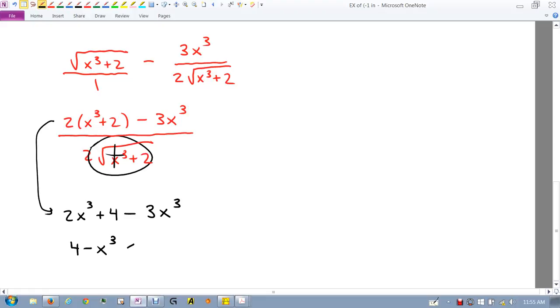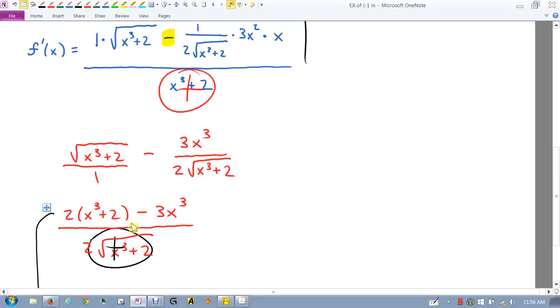Eventually. This is less than 0 when x is what? Greater than 1? Well, if x is a real number, we would have to actually figure out the cube root of 4 or something like that is when it would start happening. But for us, we don't care, right? 1 and on, at 1 it doesn't work. But at 2 it works? Yes? Okay. So eventually this will be a negative number, and that means eventually the function is decreasing, which means